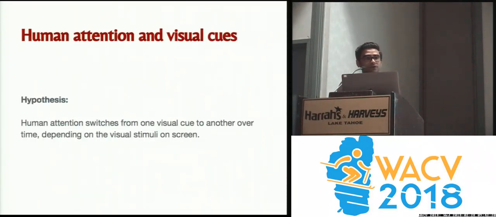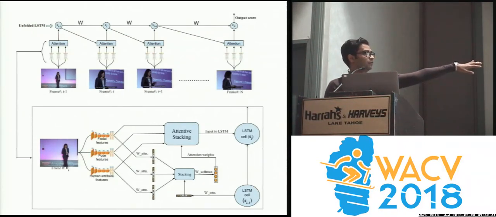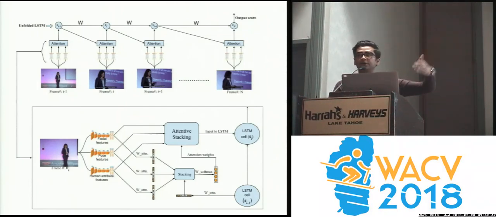Eventually, we would also say that at any one point, the human would probably be focusing on one of these information channels. So there should be an attention mechanism, where at any point of time the person is paying attention to one out of the n channels available. So we propose this architecture where, towards the bottom, you have the 3 streams coming in, and then there is an attention prediction mechanism, which predicts real values, a probability distribution, if you may, on the attention of the channels. Then, modulated by these attention weights, we stack the channels to do the final classification.